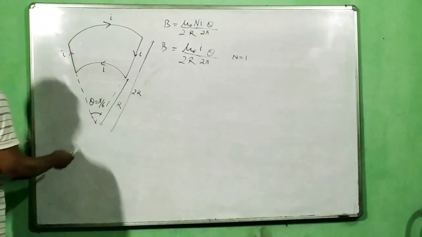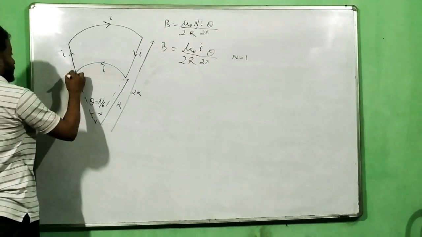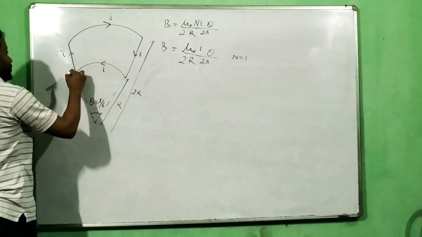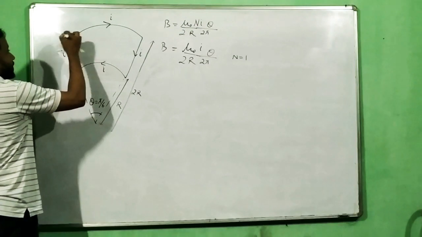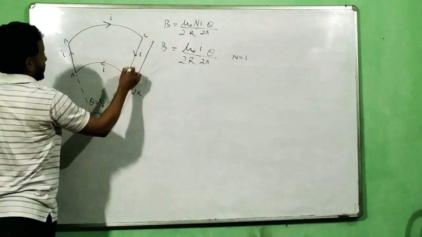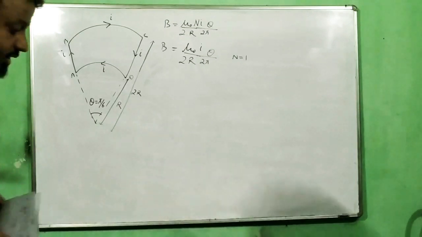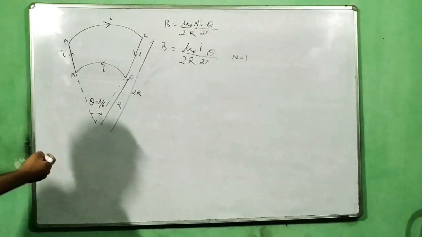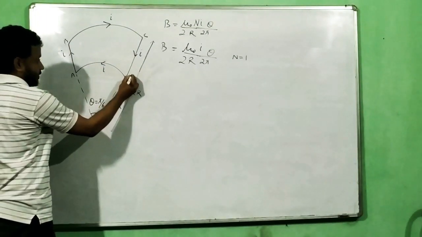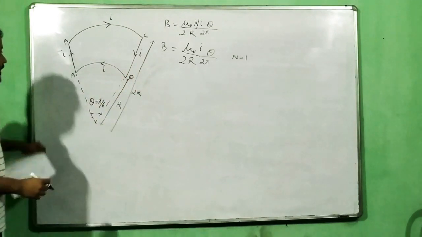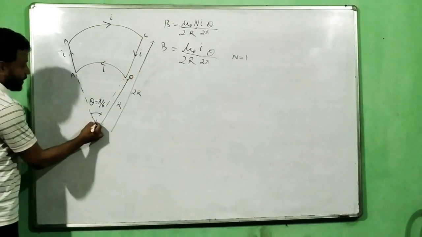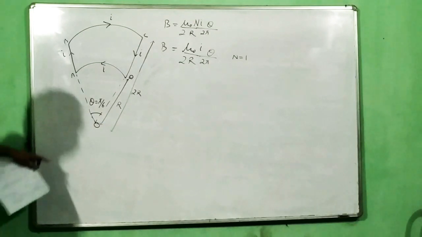If you have to solve this question, you have to solve it in 3 ways. In 4 steps, not ways, sorry, in 4 steps. You consider this A, B, C, D part. Now what do you see? If you consider this A, B, C and D part, what do you see here? A to B, and this is the point where I have to find the field at point O.